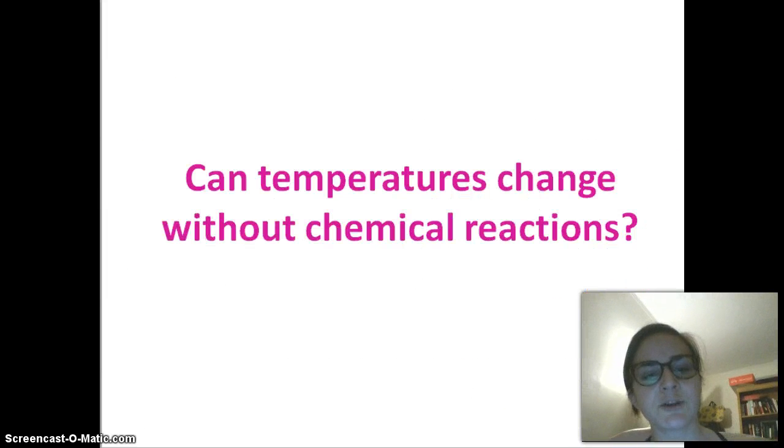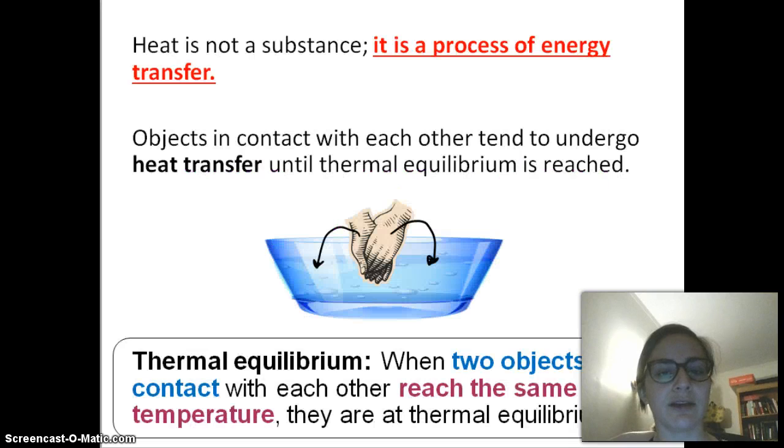So the question is, can temperatures change without chemical reactions? And the answer is absolutely. If I let a plate of ice sit on the counter and just melt, the temperature is changing. There's no chemical reaction there. I'm just changing what I would call phase. I'm changing the ice from solid to liquid. So you can have temperature changes all over without necessarily having chemical reactions. And what that's called is